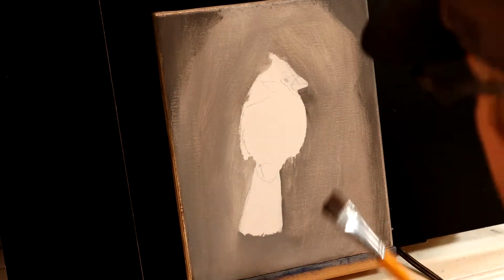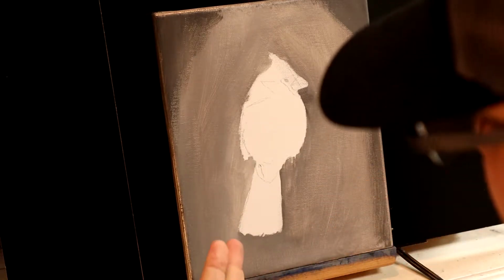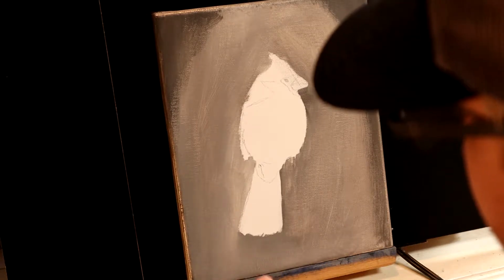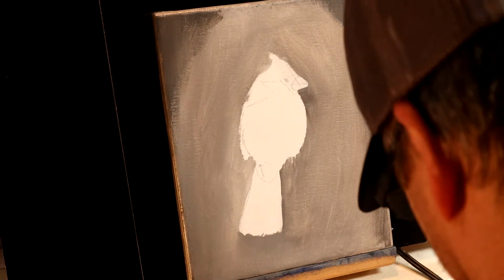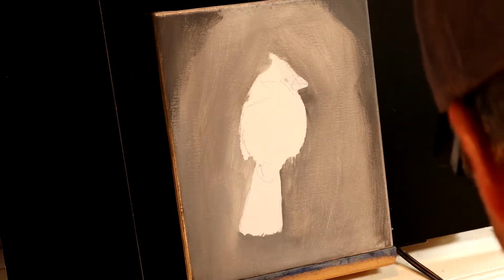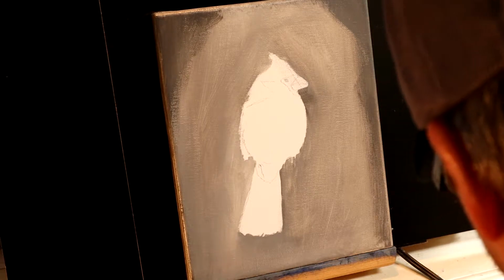I've got another brush here that's just an old kind of beat up brush that I do a lot of smushing and jamming into the canvas with, so it's kind of beat up on the ends a little bit. But what I like about it is I can do some color blending with it a little nicer, because I have essentially beat this brush up from time to time. So some of my nicer brushes, if that's what you want to call them anyway,